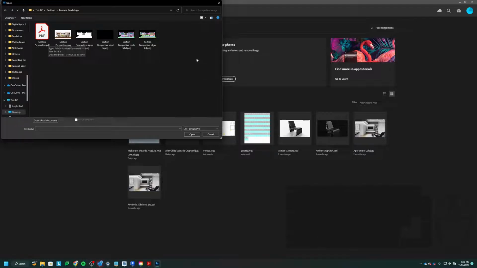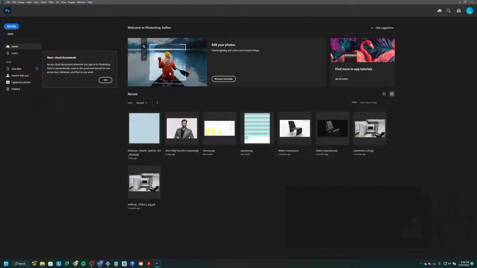So Enscape, when it saved that, because I checked that little box to include those extra types of image files, it gives me all this stuff here. And what these do is they let you edit in Photoshop way easier. So if I just open my default rendering like this,